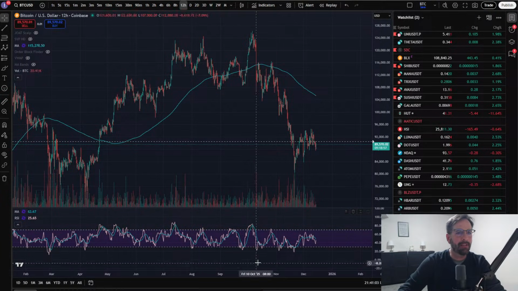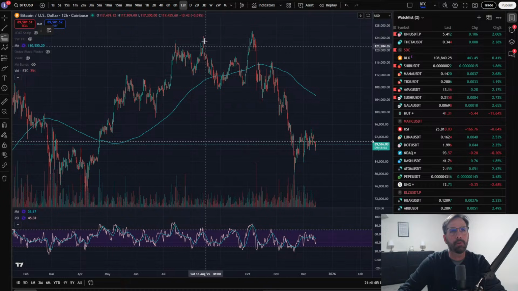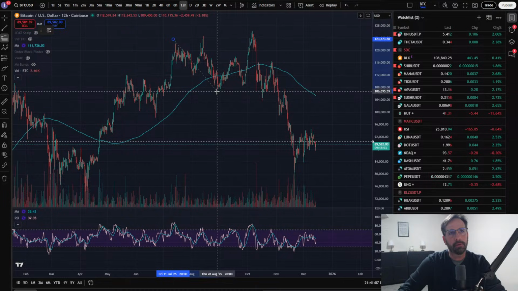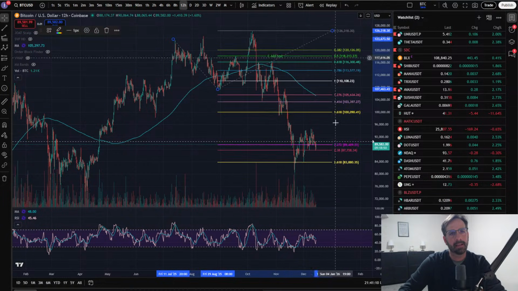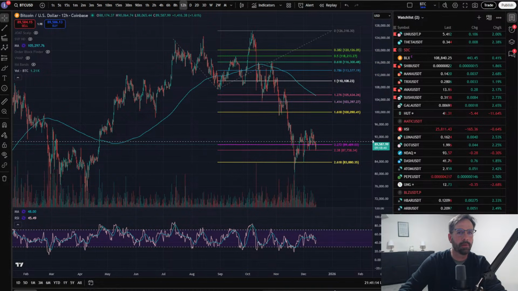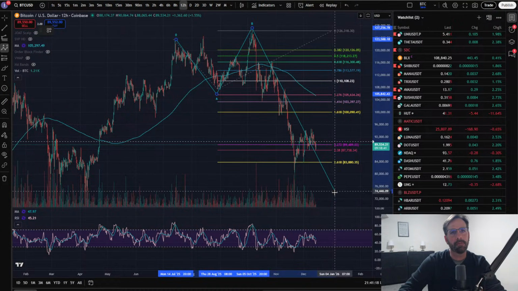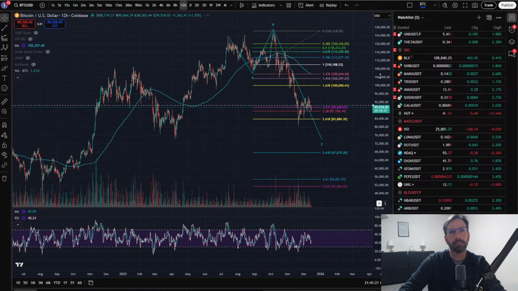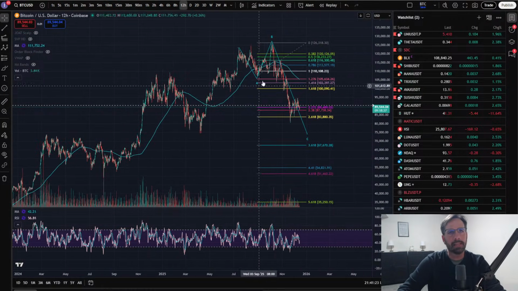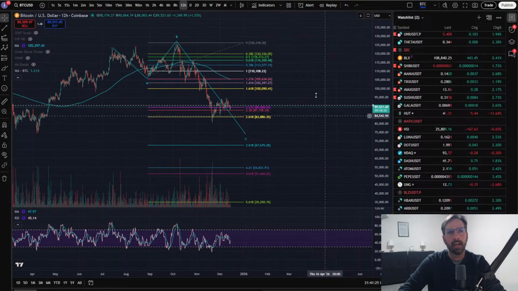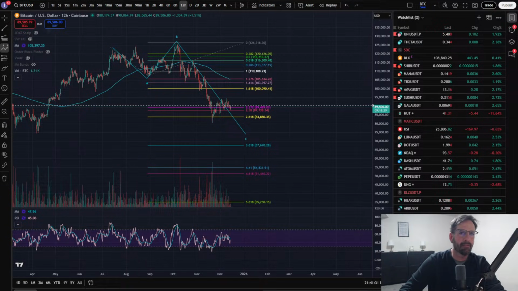From the top, without giving you the macro information here, we'll just look at the micro. I'm looking at this as an ABC right there. That's nothing new for those of you that have been around a while. So let's take a peek at it. Boom, 3, and then I'm still looking for 5. That's what Elliott would say we need to have. And the question is, is this 5 waves? If you know Elliott, this does not have a finished 5-wave look.